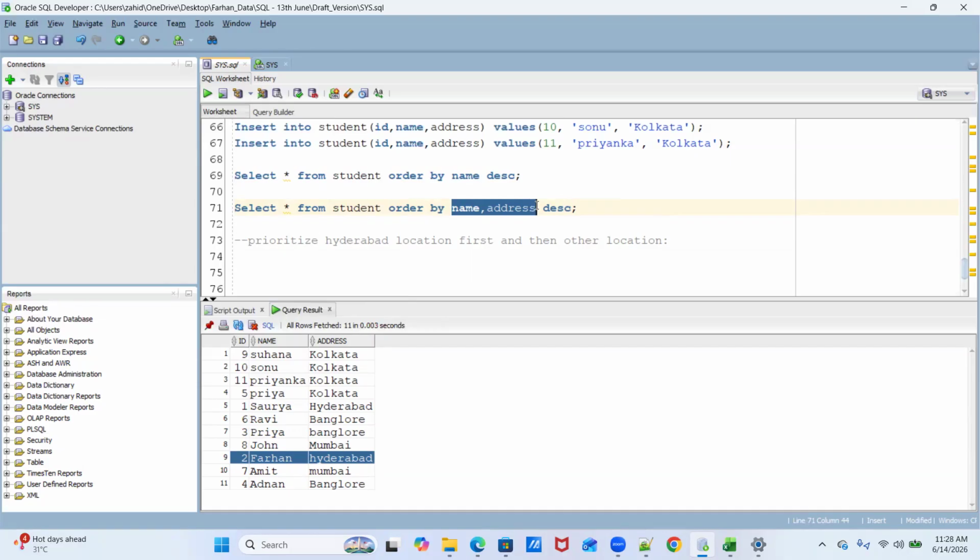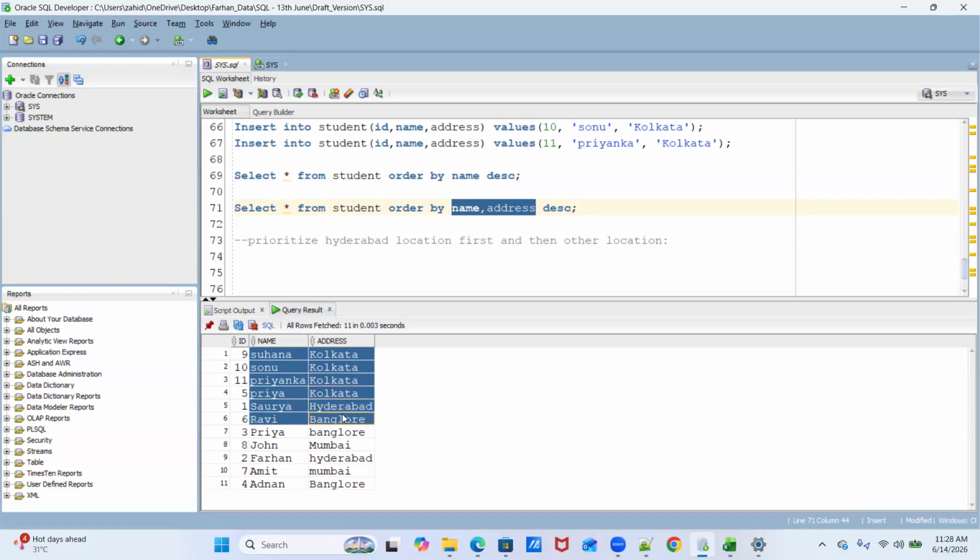So what will the engine check? The engine will first check these two columns' data, and then for these two columns, it will check all the records, and based on that, it will do the sort.